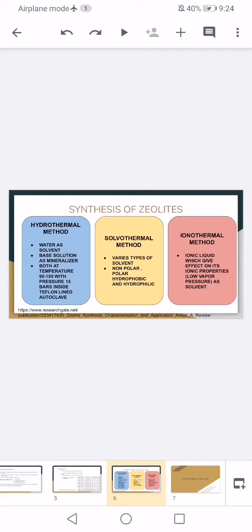The second one is the solvent thermal method. Basically, the solvent thermal method of zeolite synthesis involves the use of solvent to produce zeolite. It uses various types of solvent depending on the suitability. The solvents that we use are non-polar, polar, and also hydrophobic and